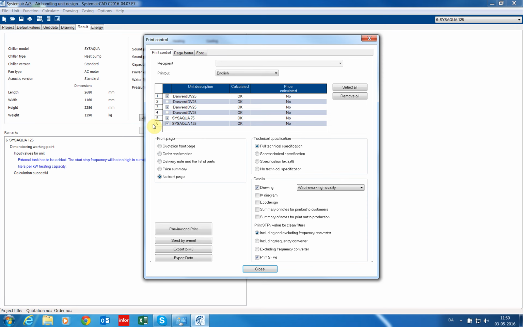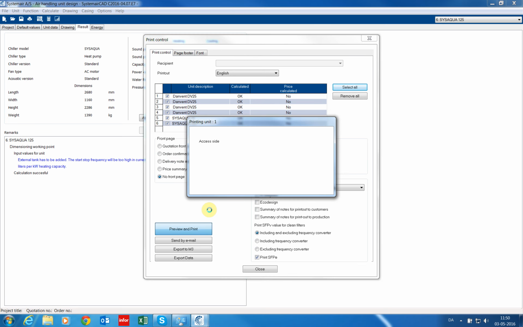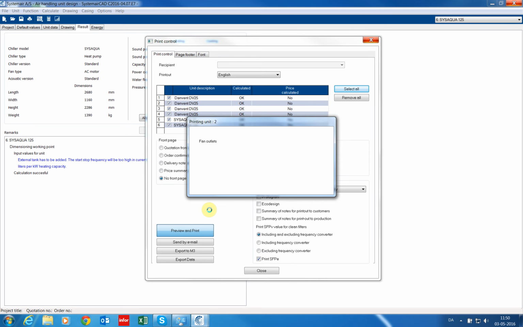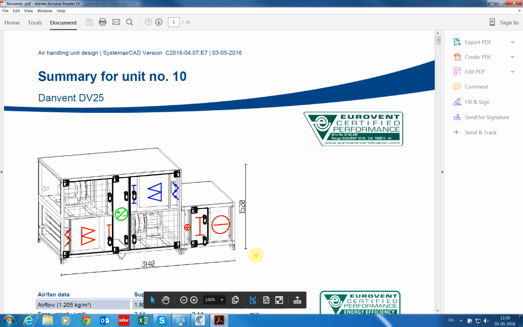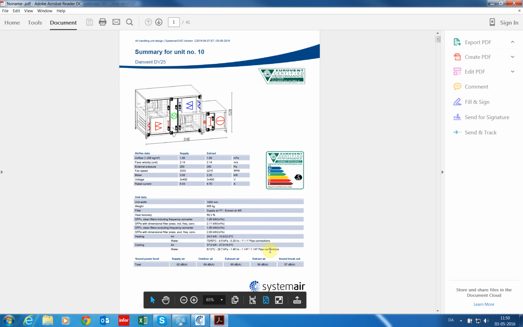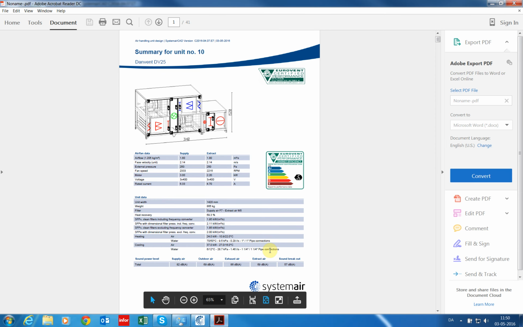Now I'm ready to do a complete documentation of my project, so I just select all units and say Print and Preview. Now the system generates one PDF file including all air handling units and all chillers selected.